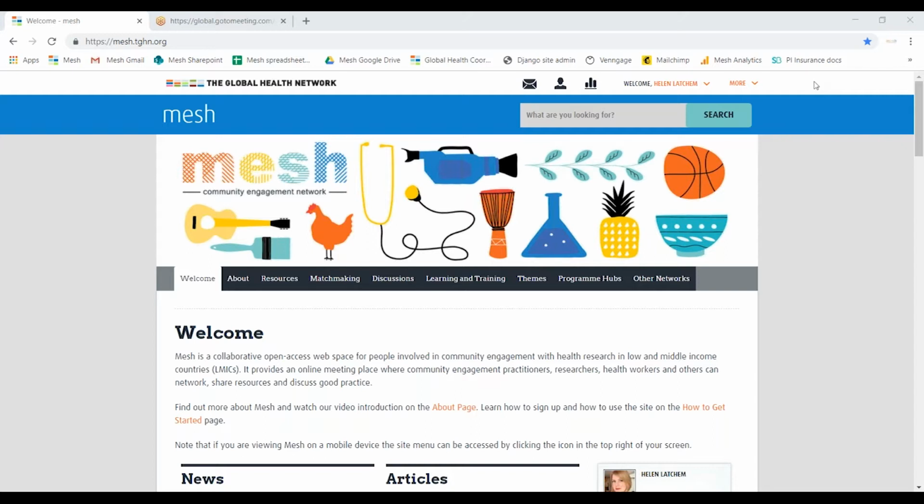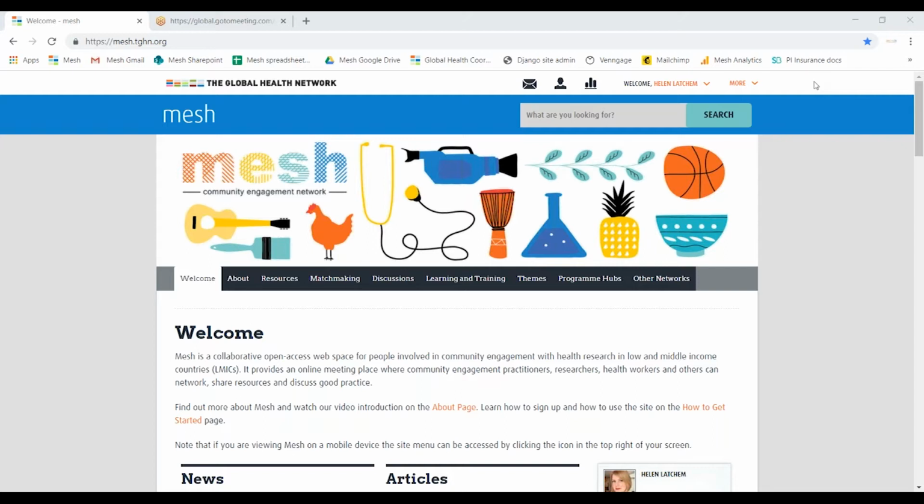The idea with the Global Health Network, and therefore with MESH, was that it was set up to allow people in research to all have access to the same guidance, tools, resources, training, and importantly to each other. The founder of the Global Health Network, a researcher at Oxford called Trudy Lang, was working on clinical trials in Kenya, and she realized that a lot of different teams working across clinical trials in that country were having similar problems with their research, and therefore needed similar solutions. She really felt that the key was sharing resources.